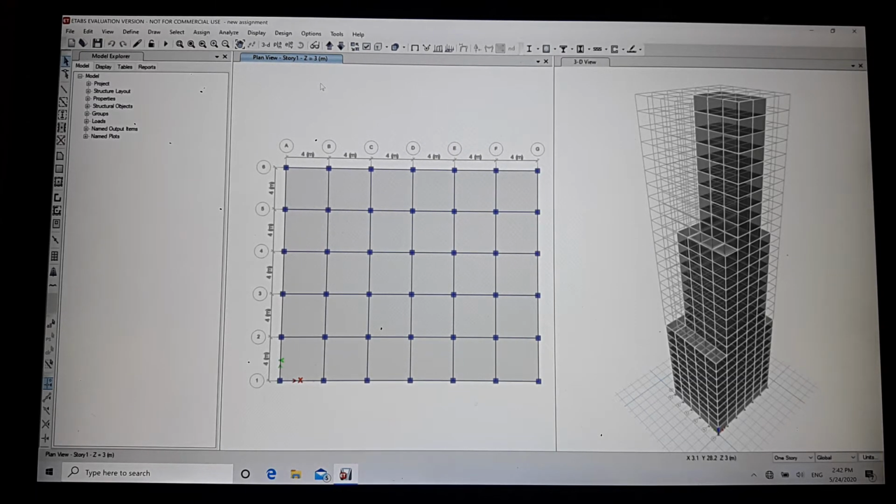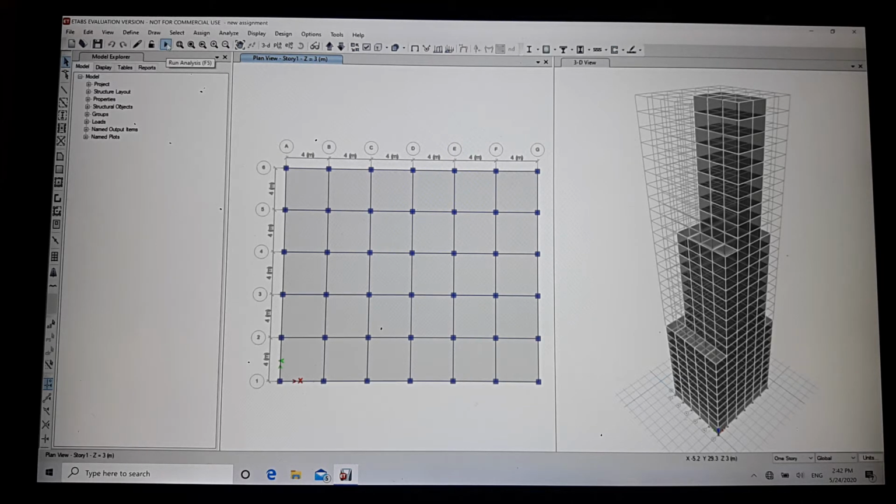We do not need to assign the seismic load on the building because the software will automatically assign the load. So click on run analysis.